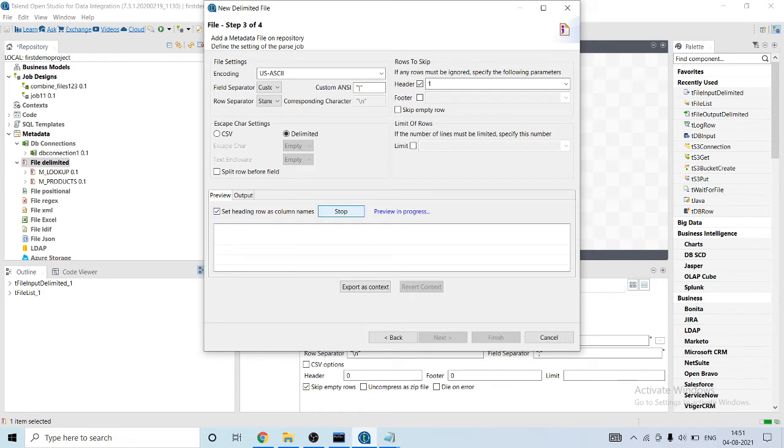Okay, it is reading, and it shows the output of how it is going to read your file. You can see that here it's reading correctly. Set heading row as column: it will select the first row as your header. If you select two, it will consider two rows as a header. So I will select the default of one.